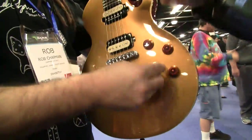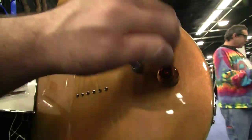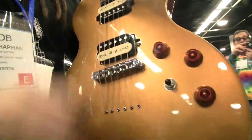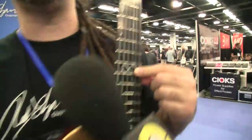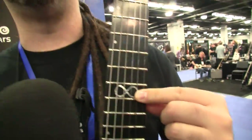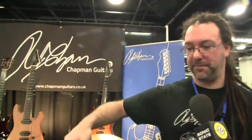So you pull this, and it means that in the central position, you get that beautiful Peter Green honky sound, which I enjoy greatly. Again, ebony fretboard, infinity symbol. You know what? Someone asked me why I put this here for the first time today. Yesterday. What's the answer? The answer is it's 8 for octave. Oh. But also an infinity because Chapman goes to infinity, but it's 8 for octave point. So there you go. Yeah, mahogany, maple,